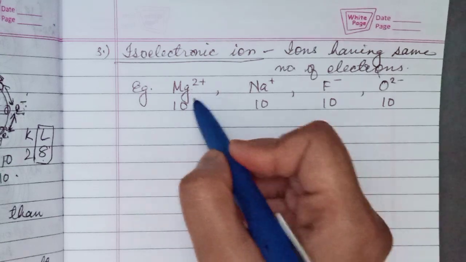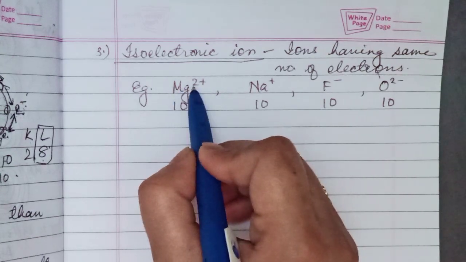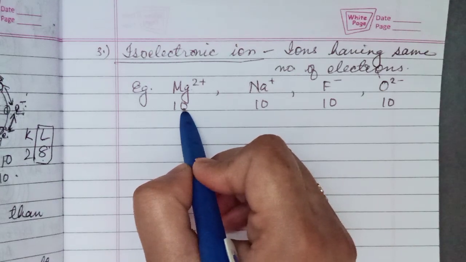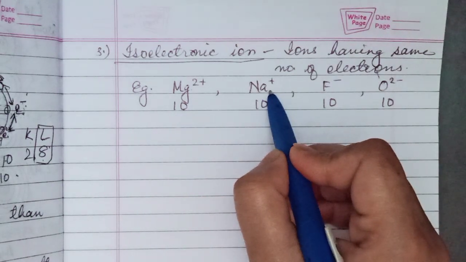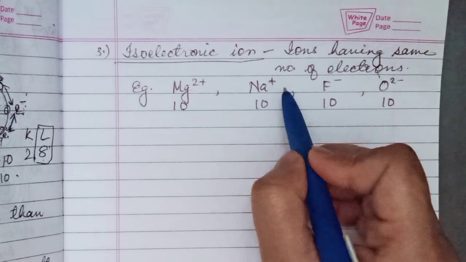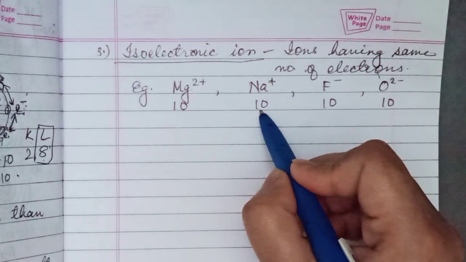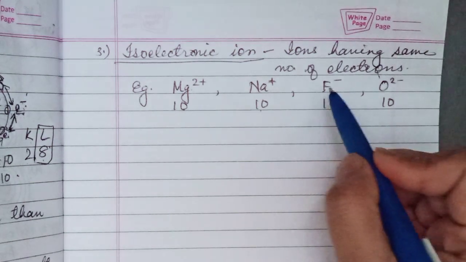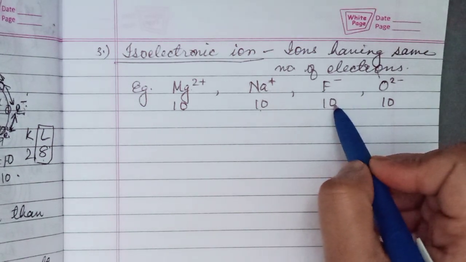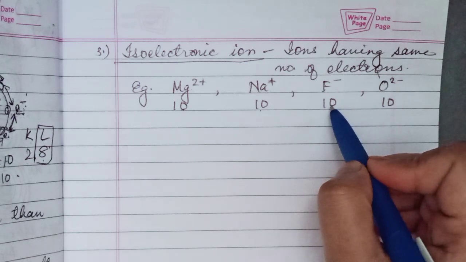Magnesium atomic number is 12 and the magnesium ion has 10 electrons. Sodium atom has 11 electrons. Sodium ion has 10 electrons. Fluorine atom is